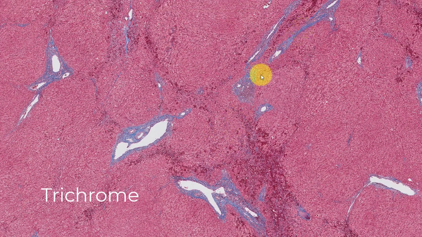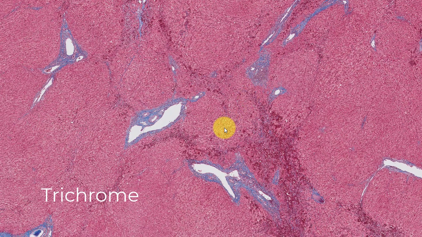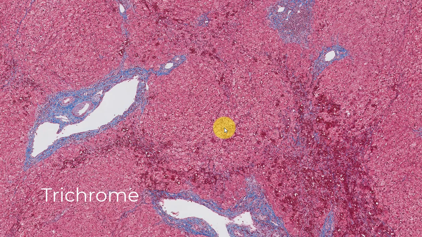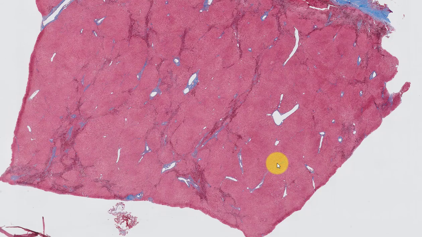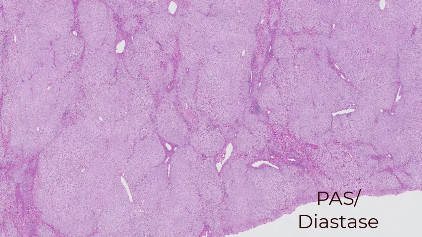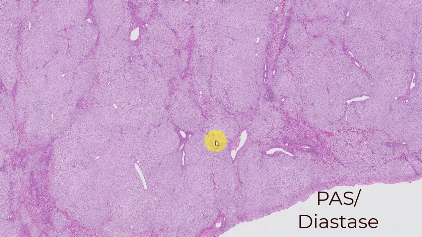Perhaps some of these portal tracts are slightly expanded, but not very much fibrosis, nothing to write home about. The trichrome stain again shows that nodular architecture, nodule, and then the atrophic hepatocytes associated with a lot of hemorrhage. So the bottom line is no significant fibrosis on the trichrome stain. Now you may well say, why am I showing you a PAS diastase stain? And it's fascinating. I've often found this with